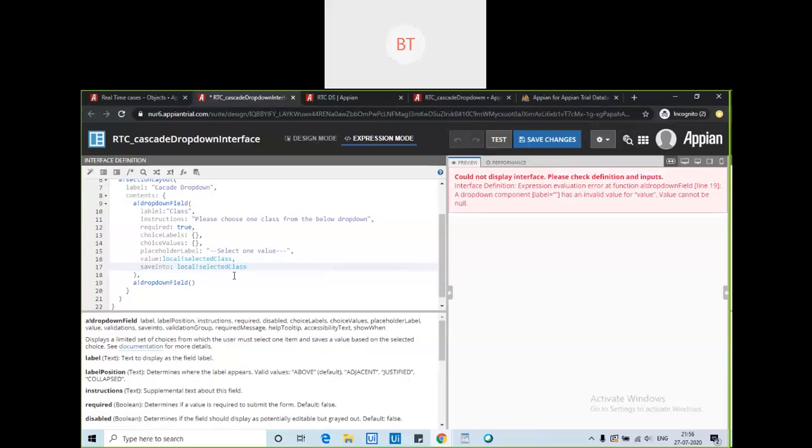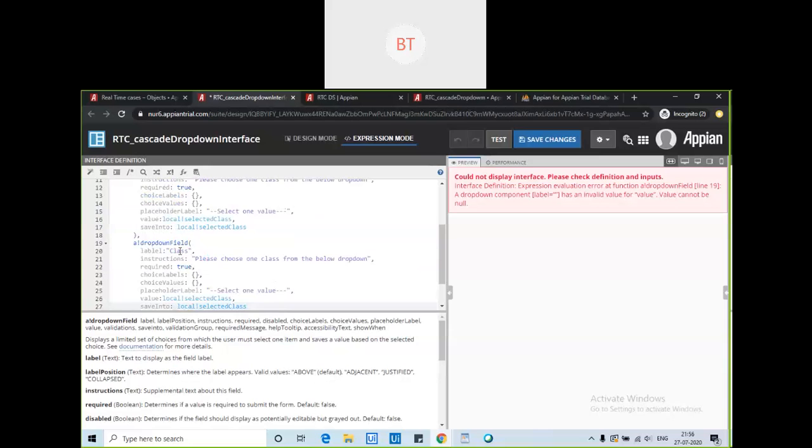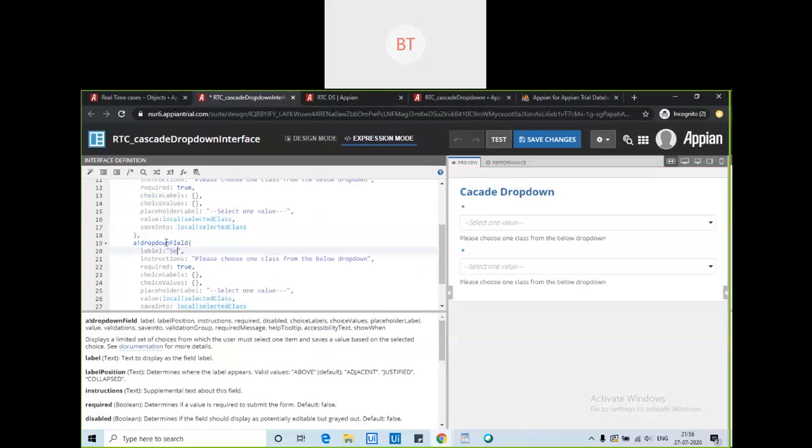I think I am done with this. Then I will just paste it here and modify the things accordingly. That is for class, and this is for section.